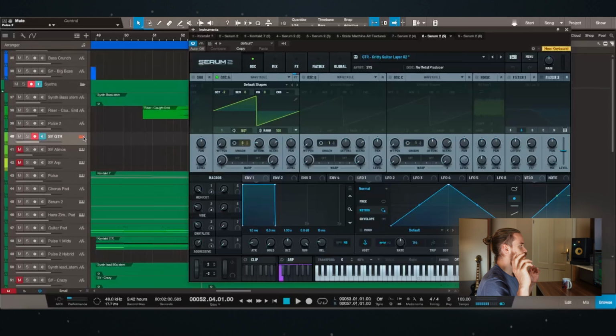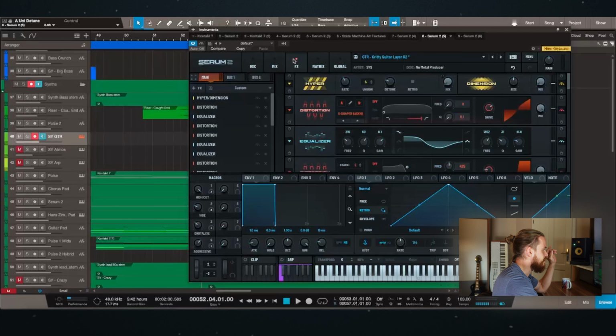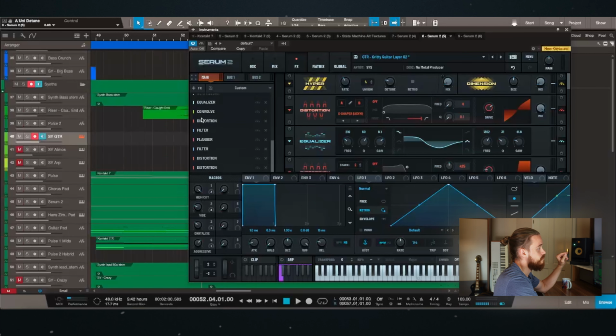The first one is deceptively simple. It is just a saw wave with 8 voices, low on detune, because there's a chance that your guitars are not perfectly tuned, and if we just add more detune to it, it will just be a little bit, I don't know, weird. So let's see, I just added a little bit of processing on it, well, quite a little